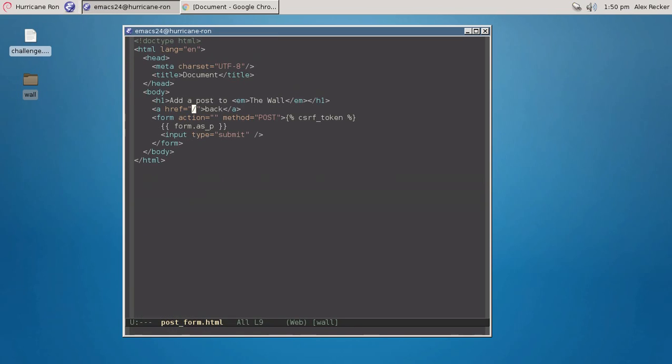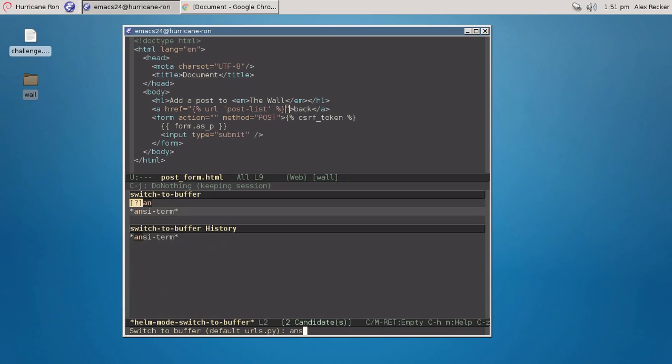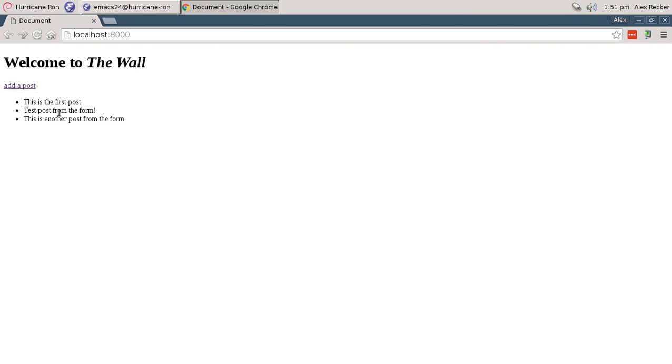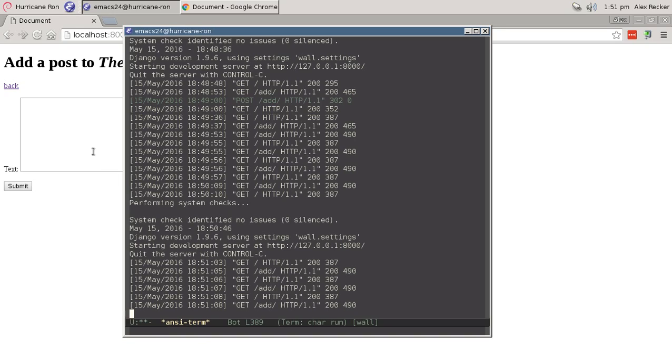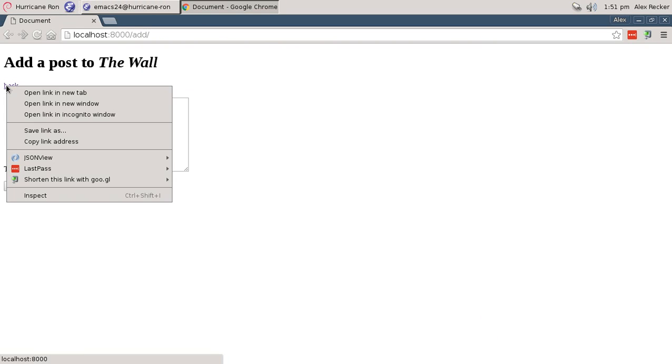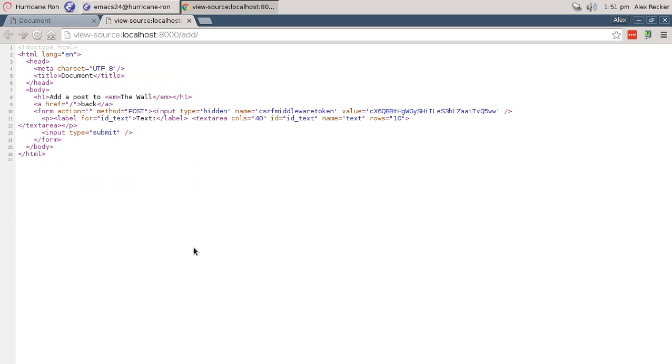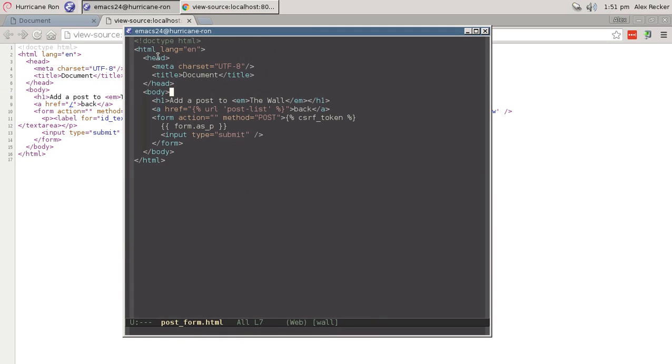So why don't we go back to post form, and instead of redirecting back, we're just going to redirect to URL post list. And if I keep running the server, nothing changes, except now we no longer have a hard-coded URL in the back button. Django is cool enough to figure that out for us. So if we do view page source, Django took that URL name and then looked up its own urls.py and was able to dig that out for us. So we can do that same thing for the